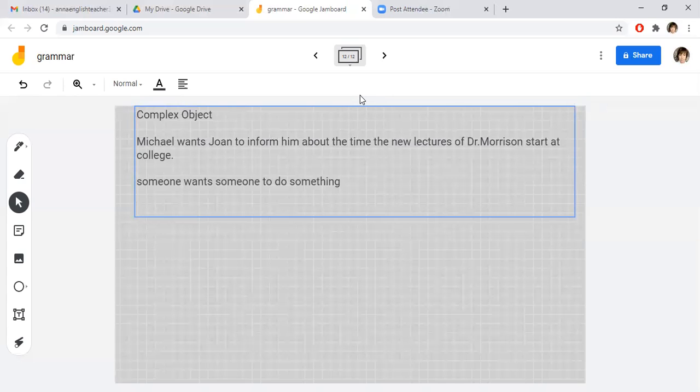It's according to grammar rules of the English language, but as the complex object is just the construction of four meanings: someone, wants, someone, to, and then do something, that is already can be pretty huge. You know, for example,